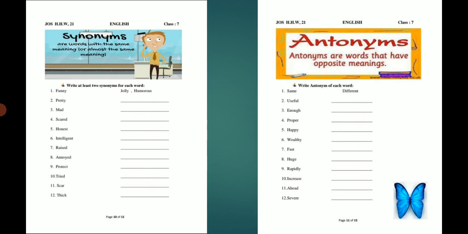The first one has been done for you, and the command is to write an antonym of each word. The first one is done: same, different. And there are 11 more: useful, enough, proper, happy, wealthy, fast, huge, rapidly, increase, ahead and severe. So you all have to write only one antonym for each. Okay students,